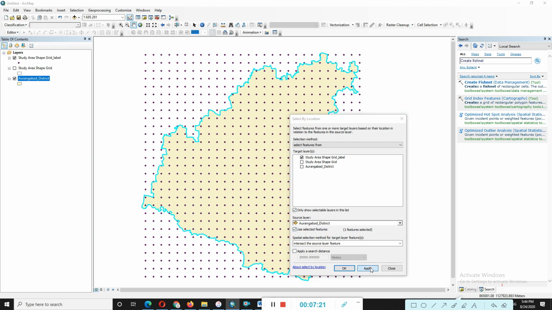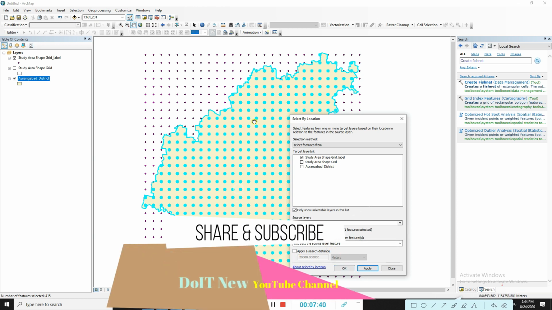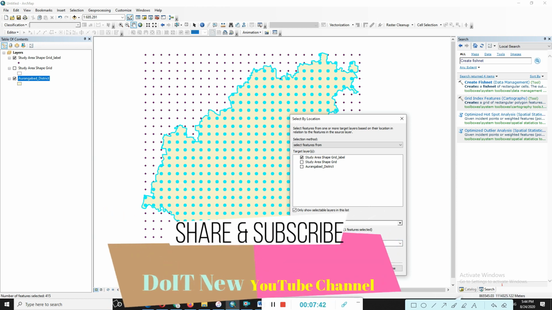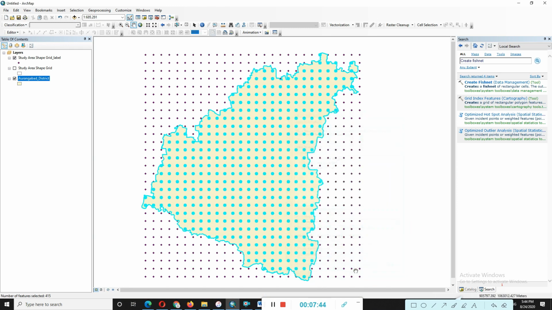apply that. Okay, you can look here, only selected area points are applying, but here you can look here these points are now not covering in between, because those pixel points are covered by using this methodology only in between your study area. So just click on OK. Now these point pixels are selected.